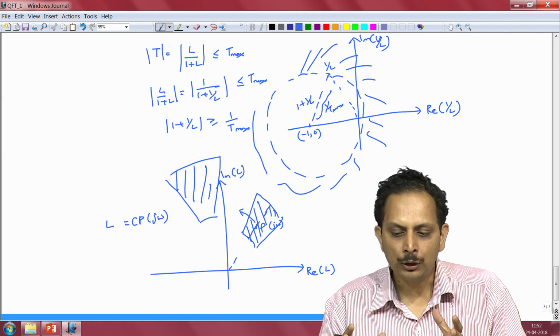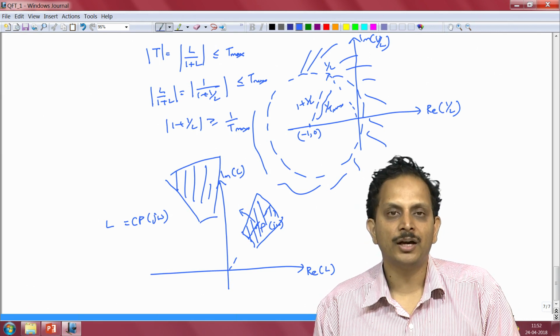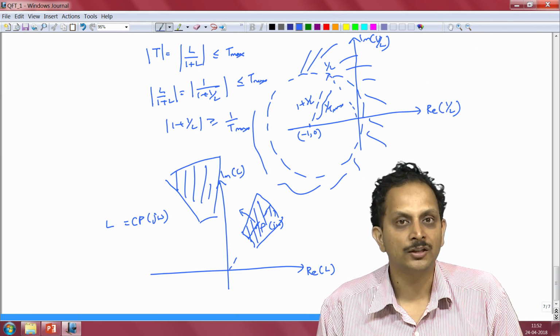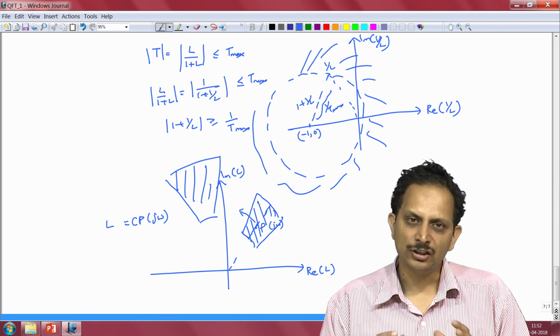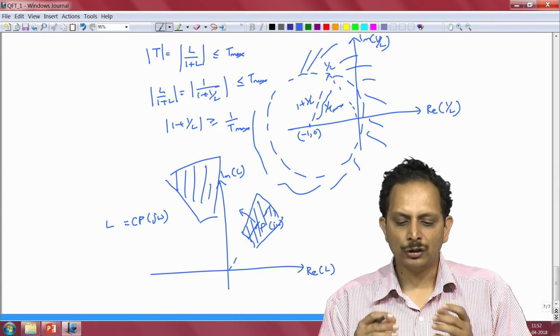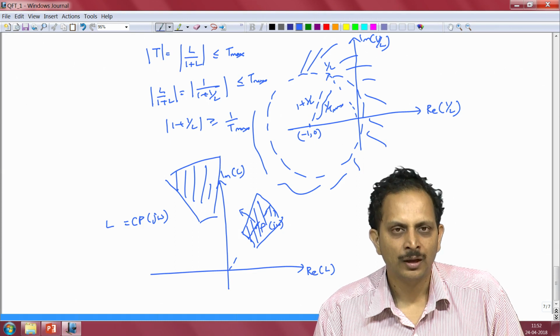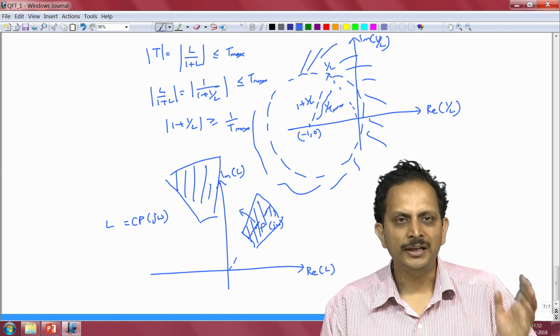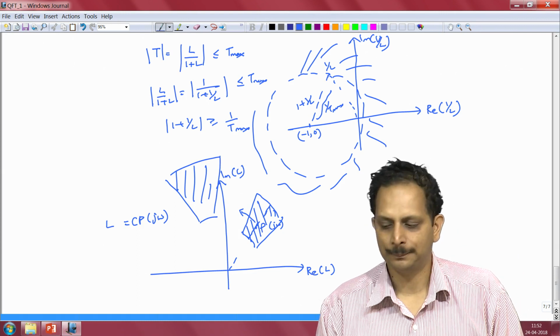And hence, in order to address this one important problem when we are trying to design a control system for uncertain plants, what we would therefore use is essentially a distorted Nyquist plot, where instead of plotting the imaginary part of L versus the real part of L, we would plot 20 times the logarithm of the magnitude of L versus the phase of L.